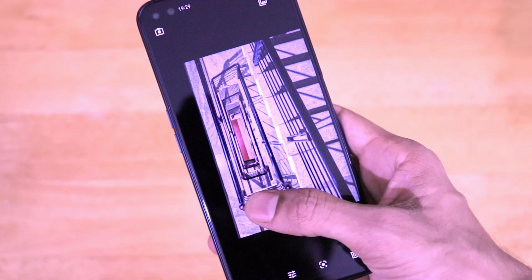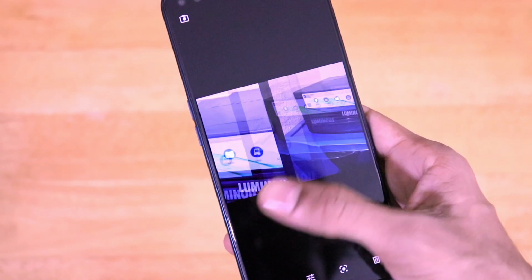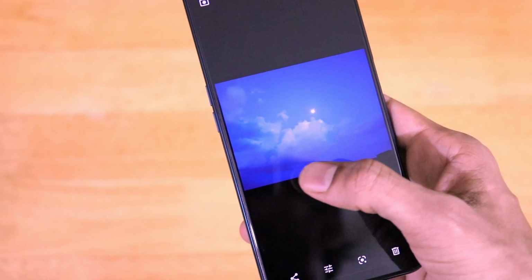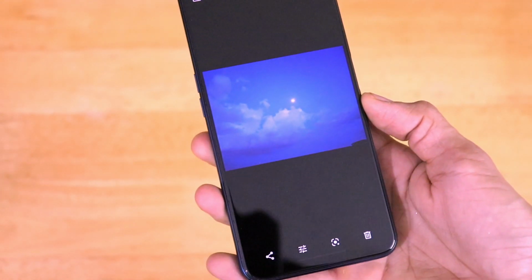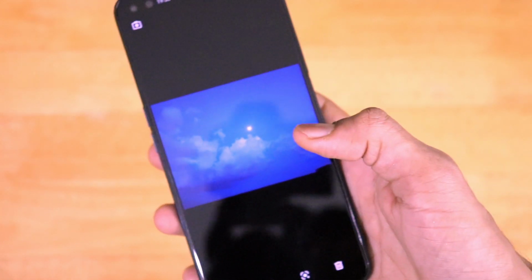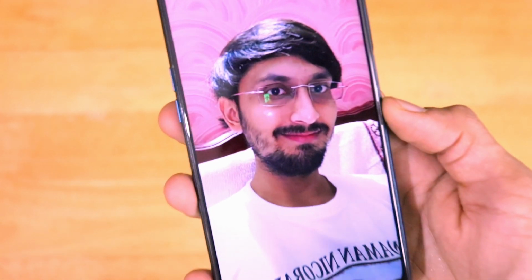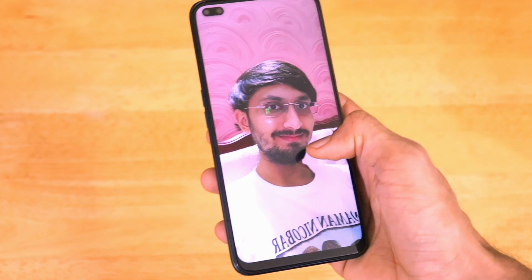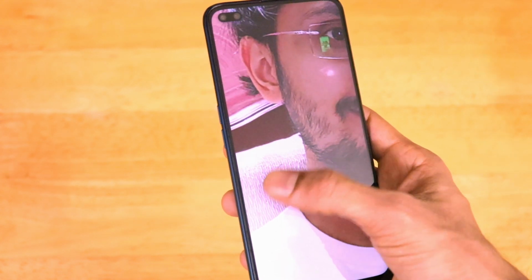So guys, I've been using the Gcam on my Realme X3 for quite some time now, and I've taken a lot of photographs with the Gcam 7.3 on the Realme X3. But one thing I felt, even with Gcam being used, is that the quality it enhances is not a day and night difference. This is the photo I took on my normal camera, which makes everything white. As you can see, the background wall, my face, the sofa, everything looks like it has been painted.